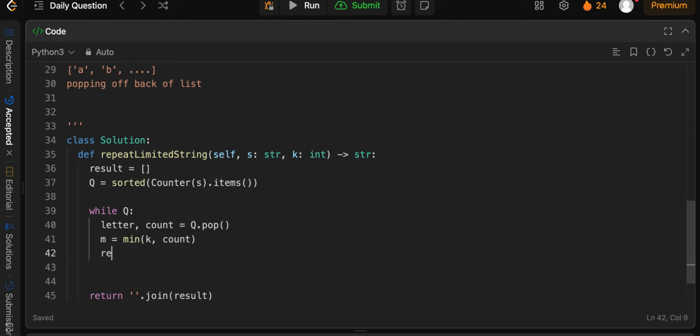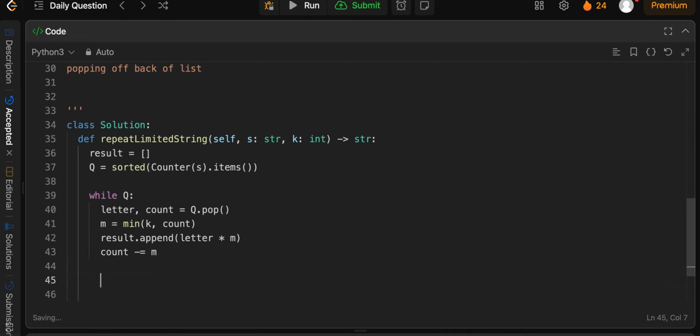So we'll say, okay, result dot append. Now since this is the letter in raw form, we can just use it. So letter times M. Okay. And then we want to adjust our count. So our count becomes count minus equals M. So now remember, this is similar to the problem we had before. So if count is greater than 0,